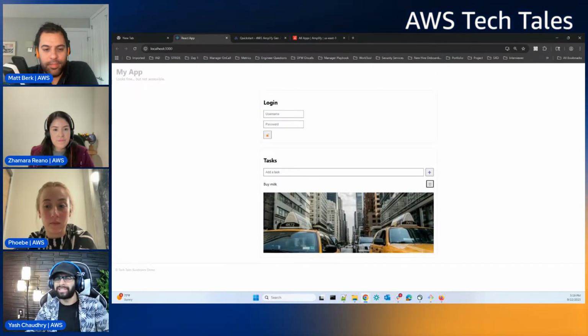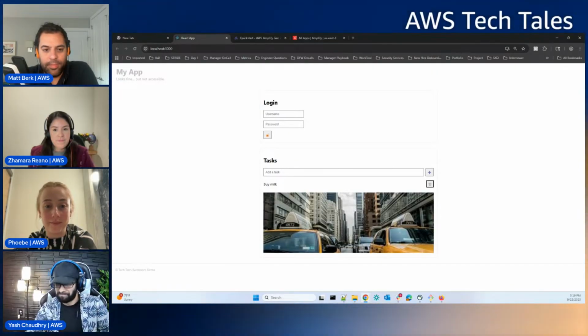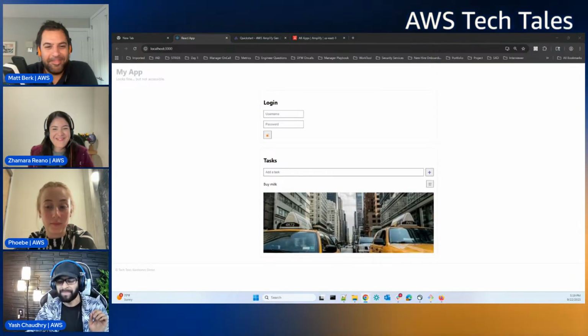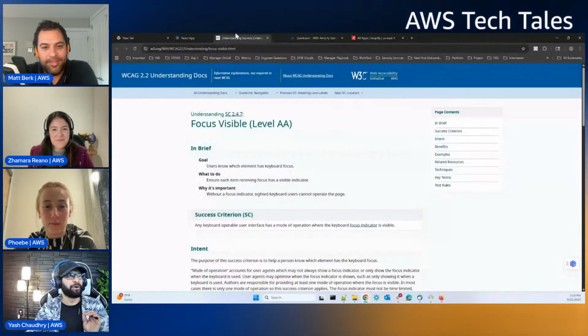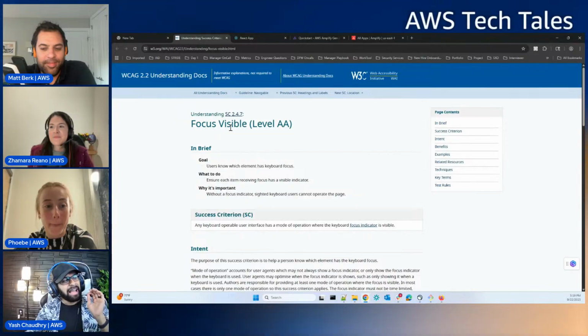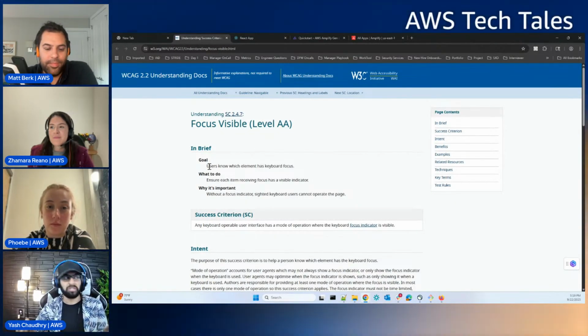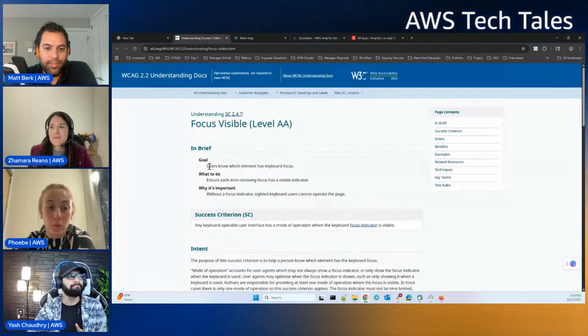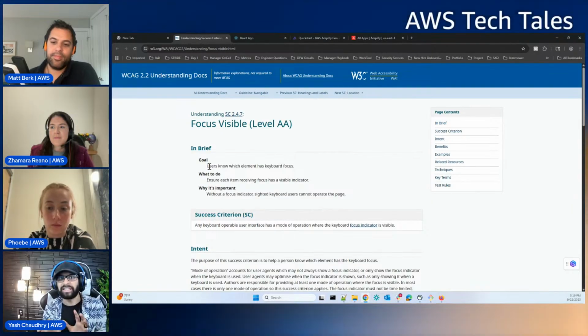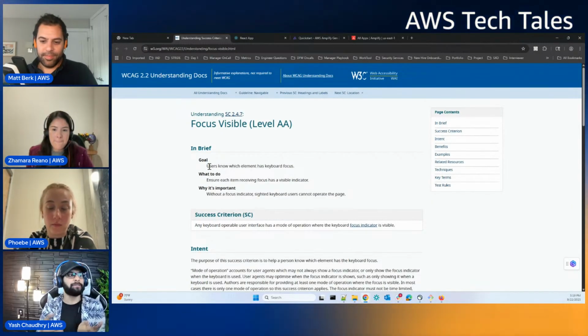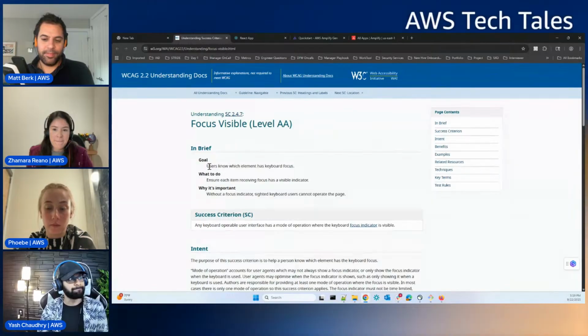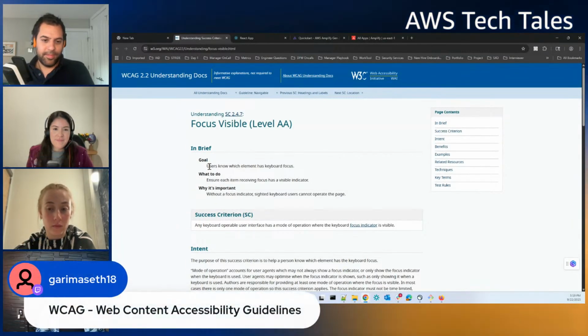Now let's talk about this WCAG 2.4.7 that I threw out 2 seconds ago and kind of confused everyone. Let's open WCAG 2.4.7 for a second here. It's a simple standard which just says, hey, our goal is we want to make sure users know which element has the keyboard focus. So we are just saying, is there a visible indicator that we can have so that it's easier for people who are using keyboard navigation? Without a focus indicator, they will have issues interacting with that website. We want to make sure that they are able to interact.